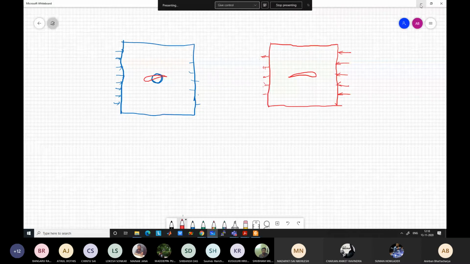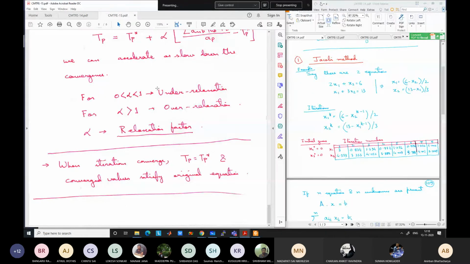But remember that for a transient problem, this problem will be there only for the first time step. From the next time step onwards, the previous time step value will act as the initialization for the first iteration calculation. So no problem will be there. In many cases, you will see that for the first 1 or 2 time steps it takes a lot of iterations to converge, and after that it starts converging very smoothly. Means there is no difficulty in convergence. But for the first few time steps, it may take a few iterations to converge. Okay.